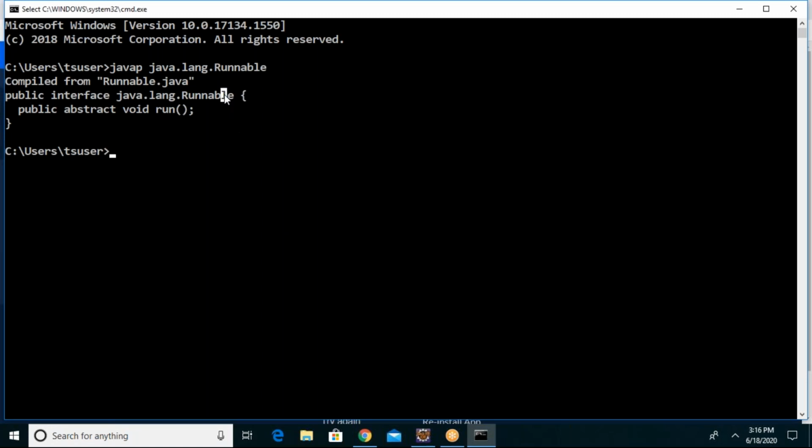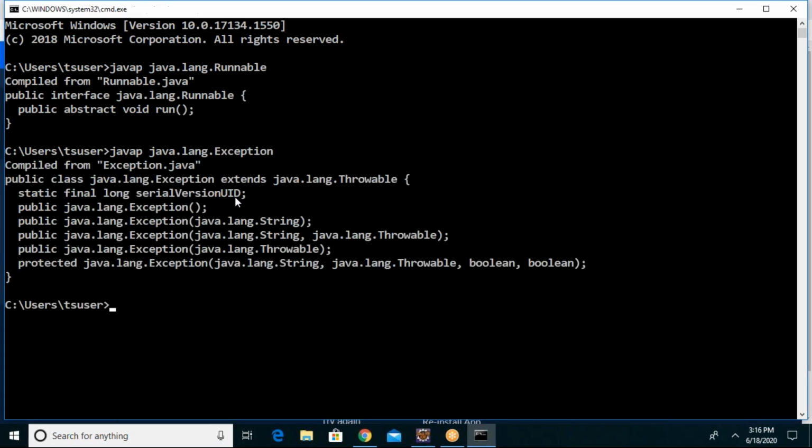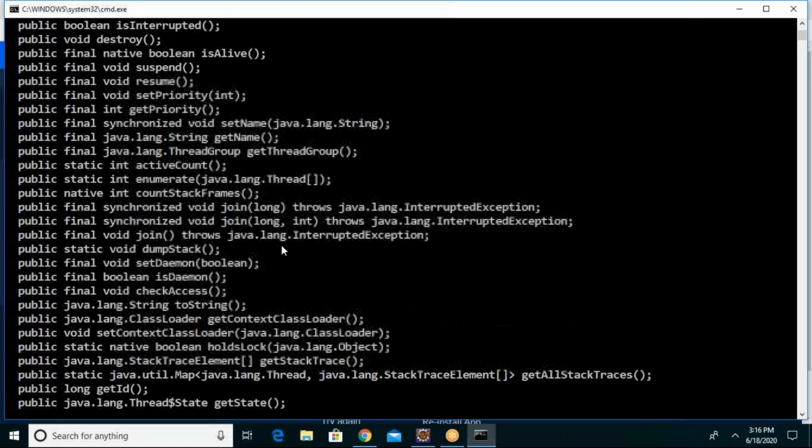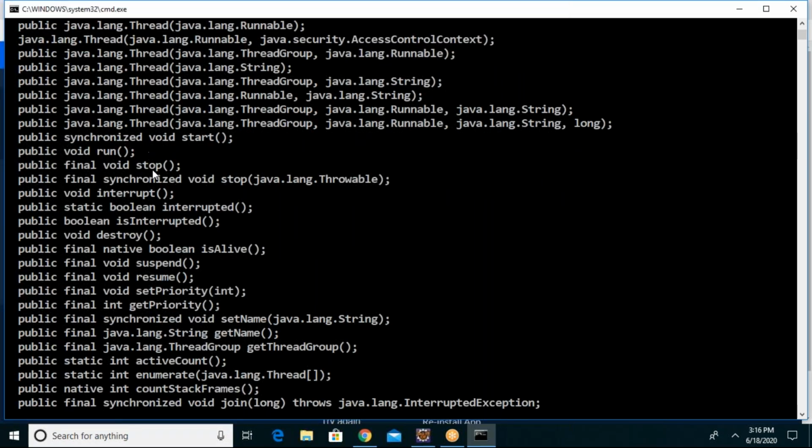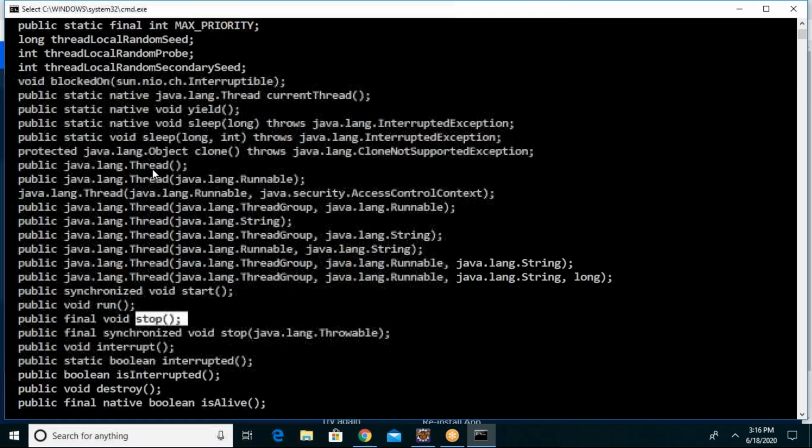Guys, how many methods are there in the Runnable interface? Only one method. But if you go and look into the Thread class, many methods are there, including start and all, right? Stop, start, many methods are there.